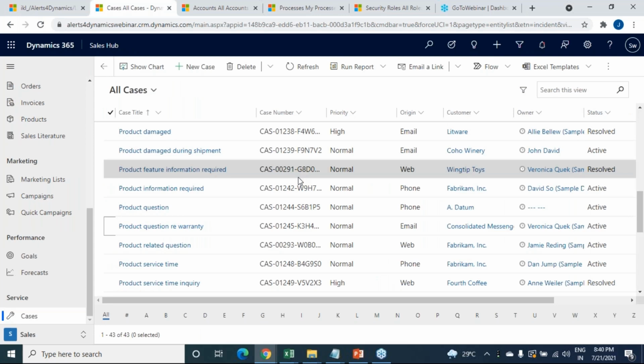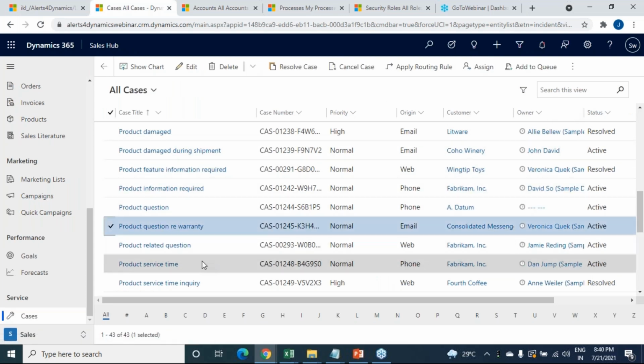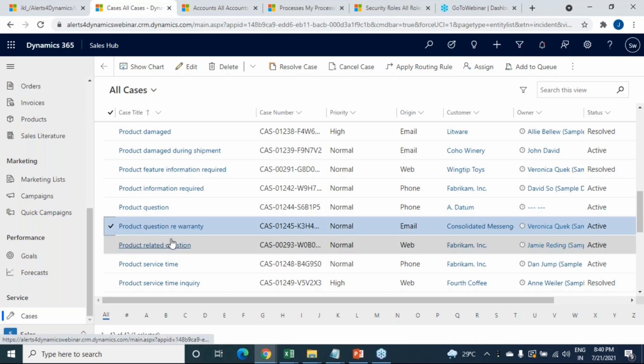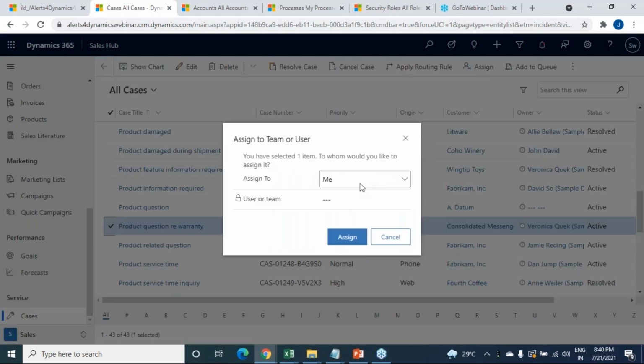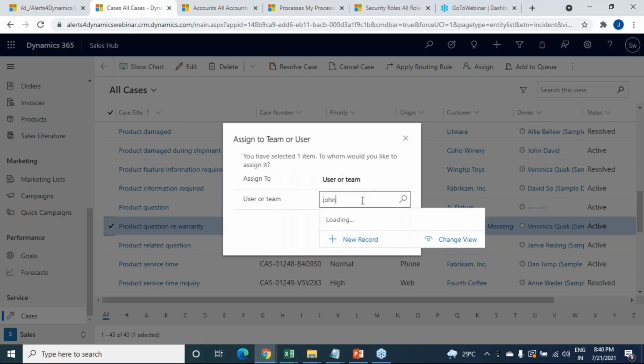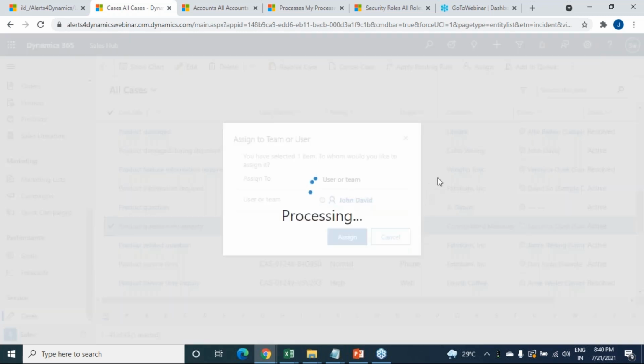So let me assign a case. I want to assign this case record to John and see how the notification gets notified. I'll select the user John, and I have assigned this record.